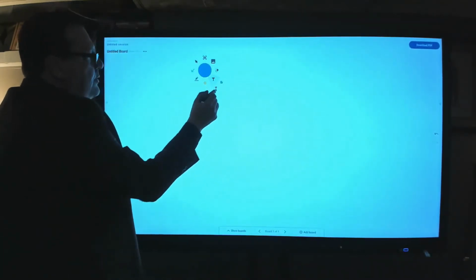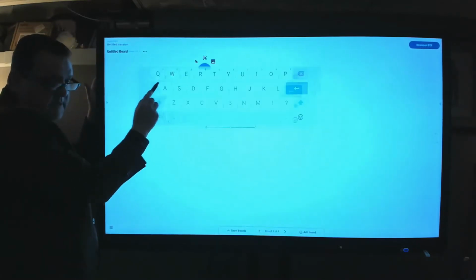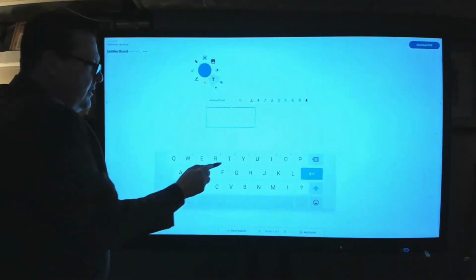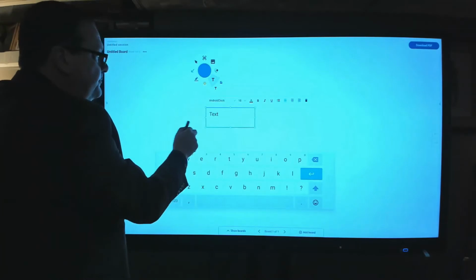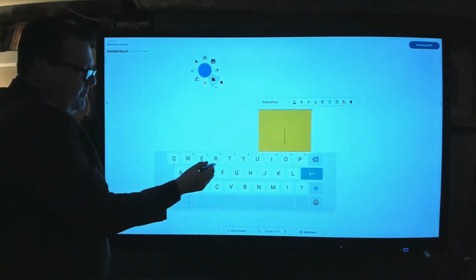We have a text tool, so let's go ahead and put in text. A floating keyboard pops up, so you can put that anywhere on top of the canvas. You can also do post-it notes. So if you want to bring in a post-it note,